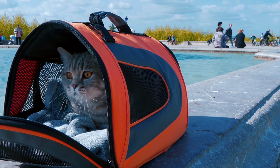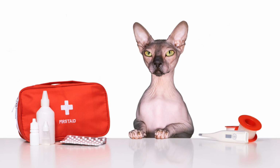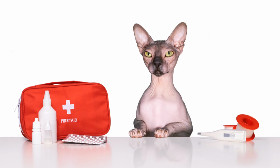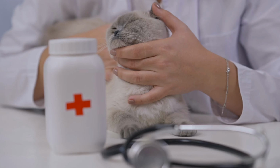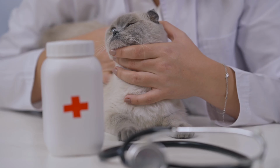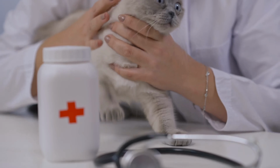Listen up folks, because this is important. Always be prepared for the unexpected. Before you hit the road or head to the airport, pack a first aid kit specifically for your cat. Include essentials like gauze pads and bandages, antiseptic wipes, antibiotic ointment, saline solution, a digital thermometer, and a copy of